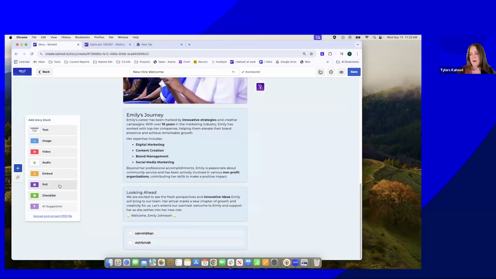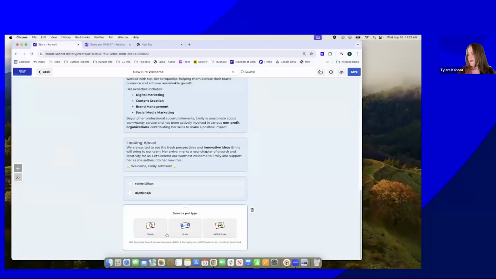If you wanted to add a poll, you can add a poll, classic, scale, or NPS scale. Again, these question types are talked about more in depth during the basic training, but you are able to choose from these three question types to add to your story. If you have access to story reporting, you'll be able to see the results from your polls as well as